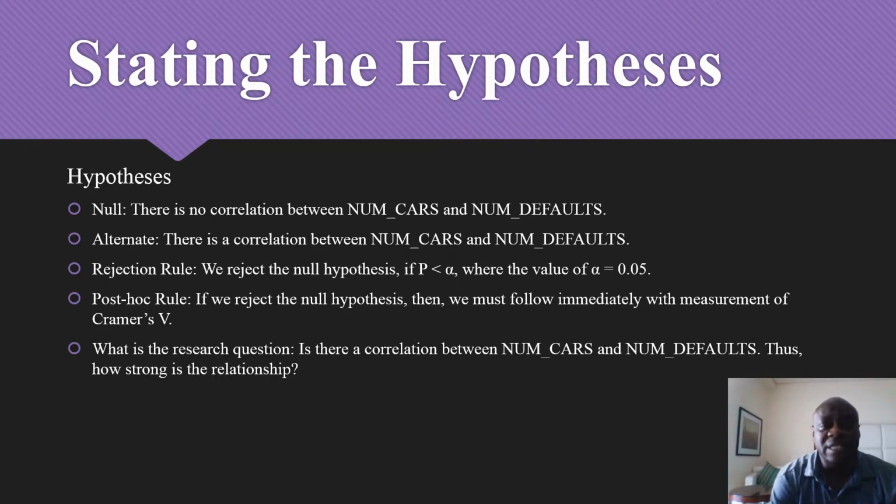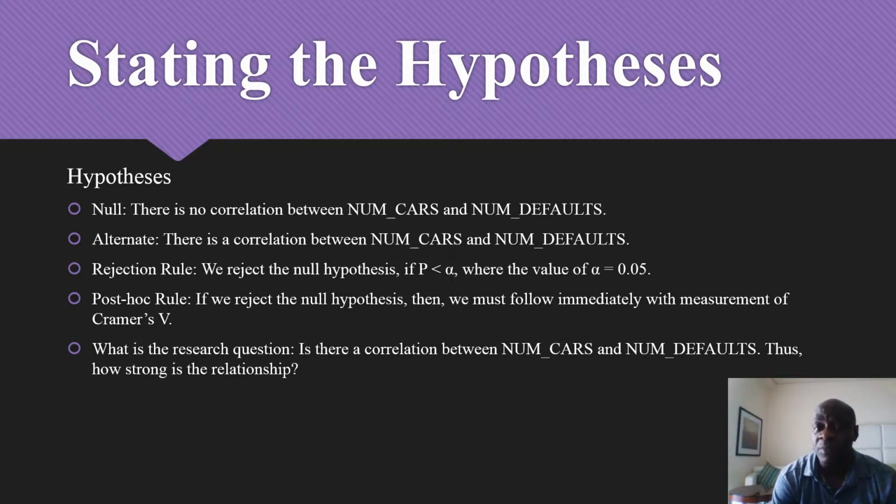Stating the hypothesis, the null, as we've said already, there is no correlation between the norm cars and the norm defaults. Alternate, there is a correlation between the norm cars and the norm defaults. The rejection rule will be we reject the null hypothesis if P is greater than alpha, where the value of alpha equals 0.05. Post hoc rule, if we reject the null hypothesis, then we must follow immediately with measurement